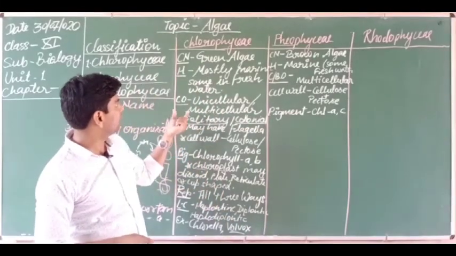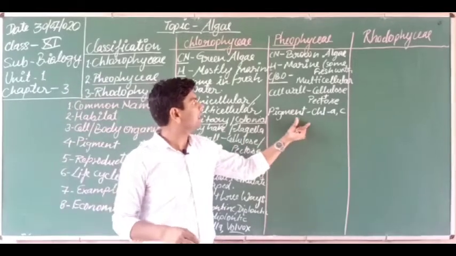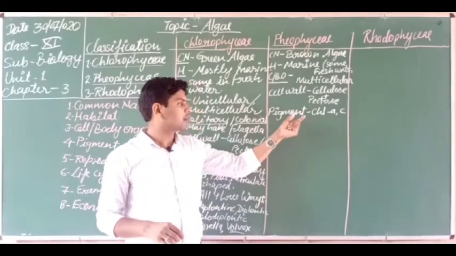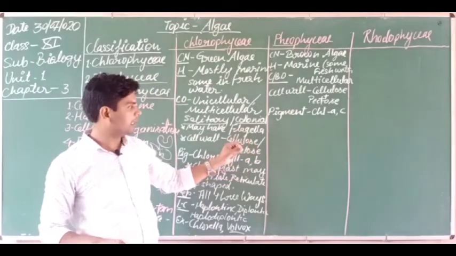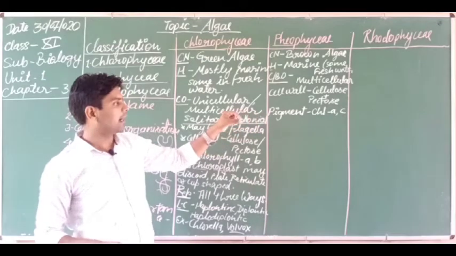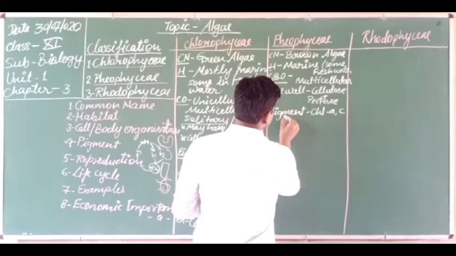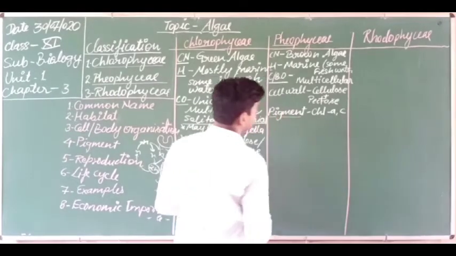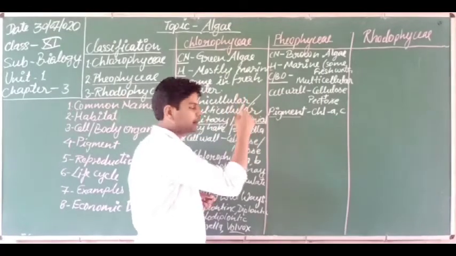Chlorophyll a is also present in Chlorophyceae and also here in Phaeophyceae, but here chlorophyll c, there chlorophyll b. You have to remember it, chlorophyll a and b, chlorophyll a and c. These questions are asked in NEET and AIIMS exams, that is why I point out these terms. Okay. So here it is brown in color, that is why